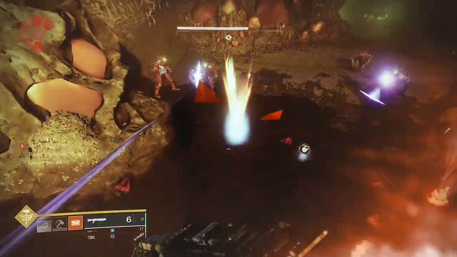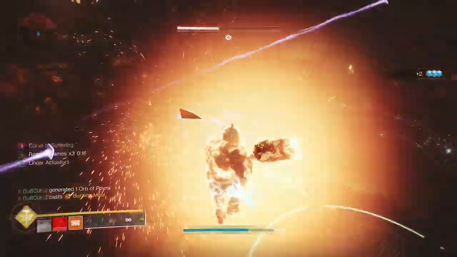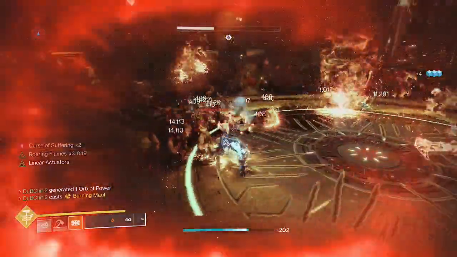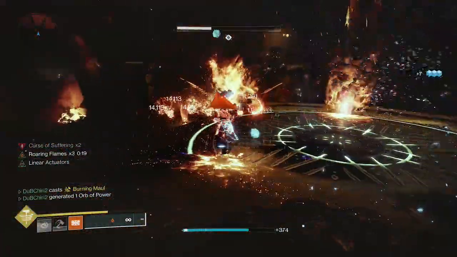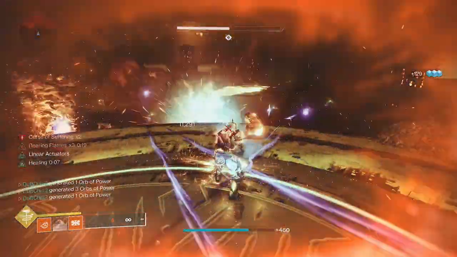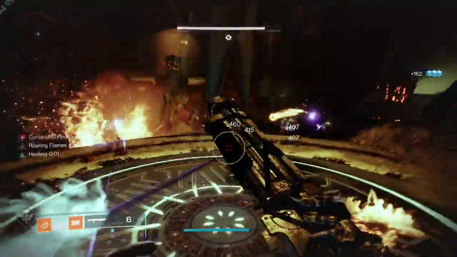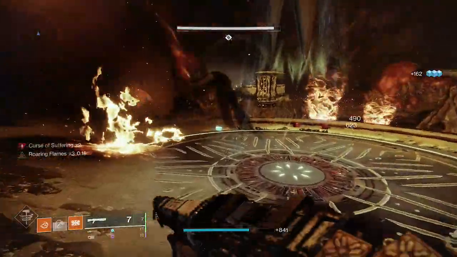Oh, I didn't pick up my melee. I did not pick up my melee. Okay. Well, here's where the super is useful, and having that super portion that generates an elemental well comes in handy, because Burning Maul can't naturally heal itself. So, yeah, this is where it came in handy. I don't have my melee back yet still, so I'm gonna have to